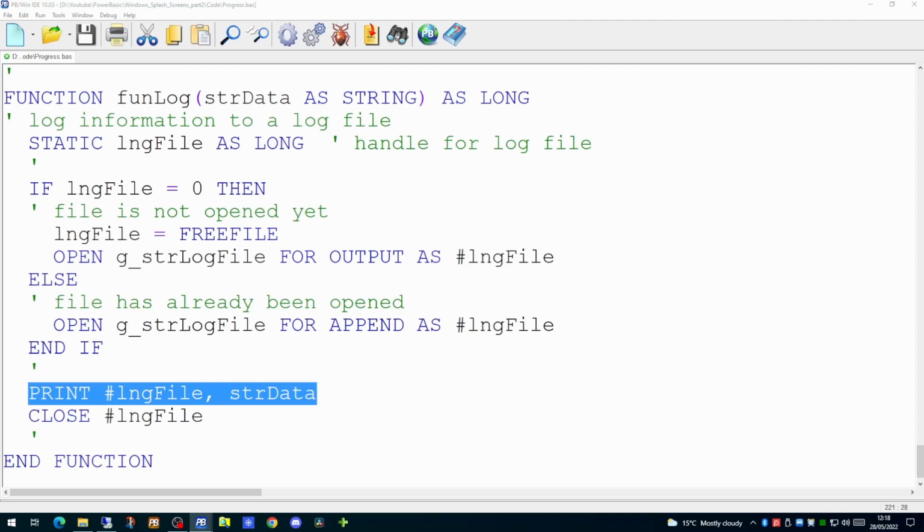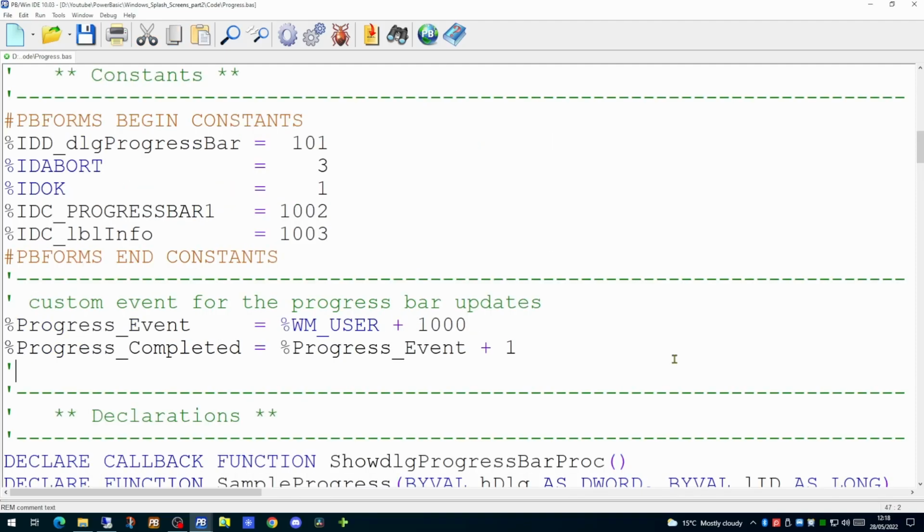So firstly, we will create two custom events, setting up at the top of the application two constants, one called progress event, which we will use for the event of updating the progress bar, and one called progress completed, which we will use to indicate back to the event handler that the background process has now actually completed.